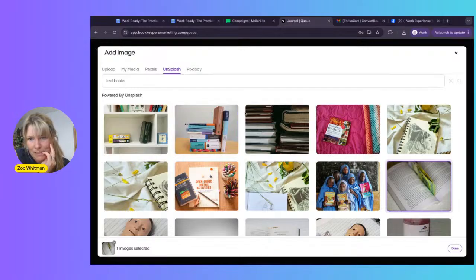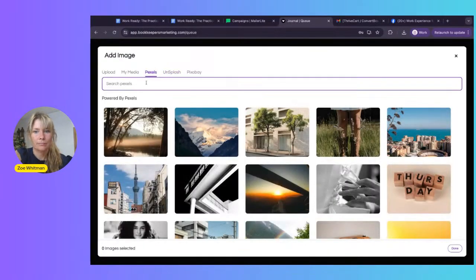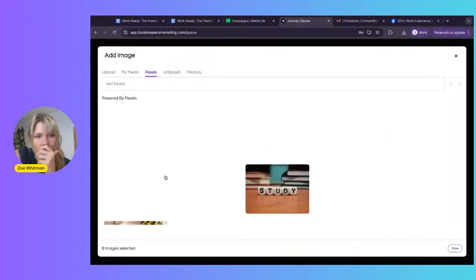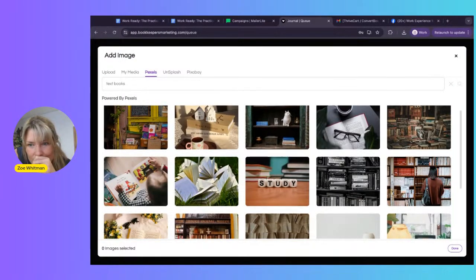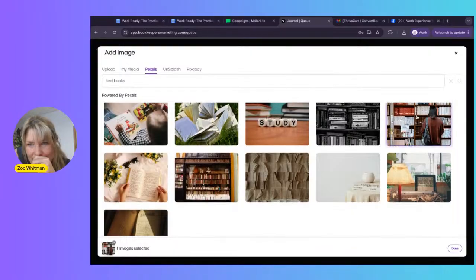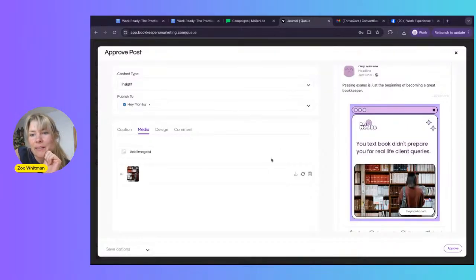Well, this might be better. Oh, it's got some money in it. Interesting. Okay, let's use this one. Right, and then I'm going to click on done, and then it's going to replace the picture for me. And when I'm happy with that, which I am,